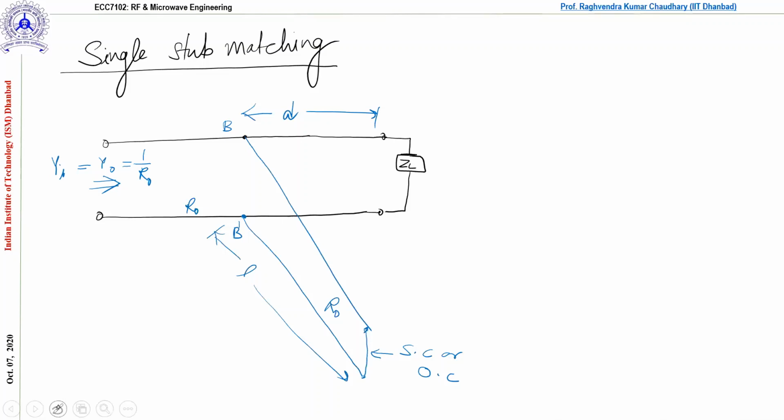Correct. Now let us define some of the admittances here. So keeping in mind that this is the point where we have to do all sorts of exercise. From this side, if you see, this is yi. What is this? This is input admittance. Normalized input admittance. So we'll put a normalized bar like this.